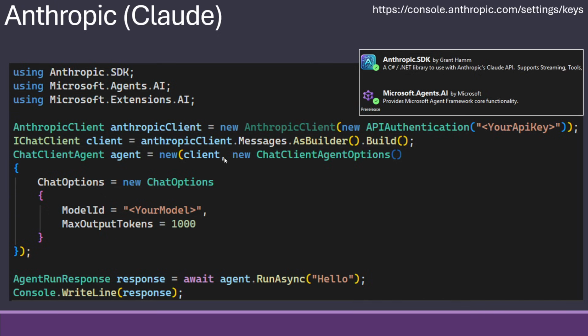And using that, we can new up our chat client. But special to Anthropic is that you need in chat options to set the model ID. And the max token count is a mandatory field. If you don't provide some kind of max tokens you're allowed to use per call, the RunAsync would fail.